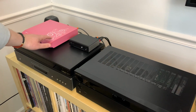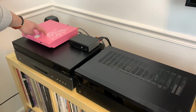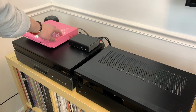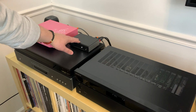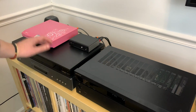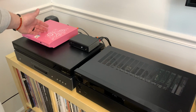So, can you buy any old cheap unit with an optical, coax or digital output and hook it up to an external DAC? Yep. Should you buy any old unit and hook it up to a DAC with the hopes that it'll sound great? Most likely no. And granted, I am taking this to a very far extreme using this pink